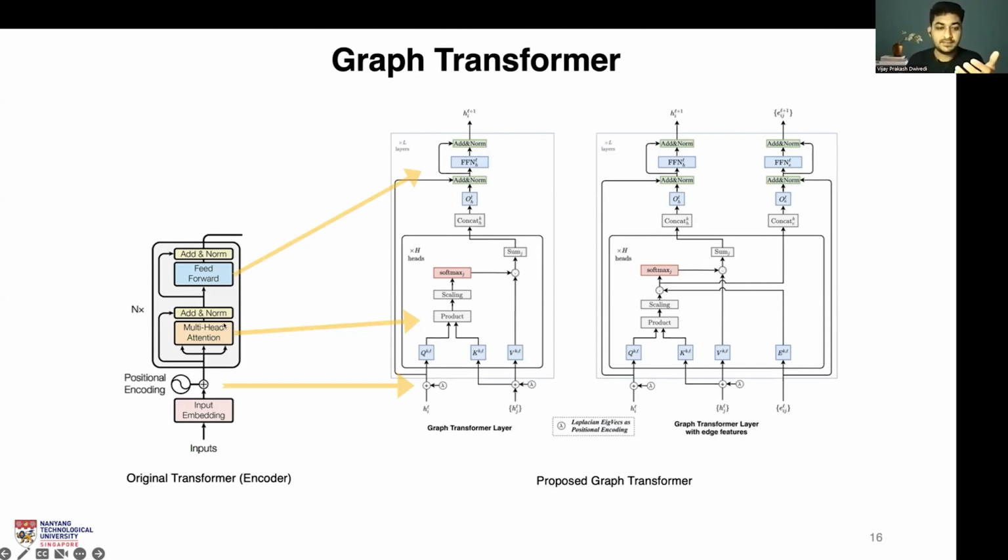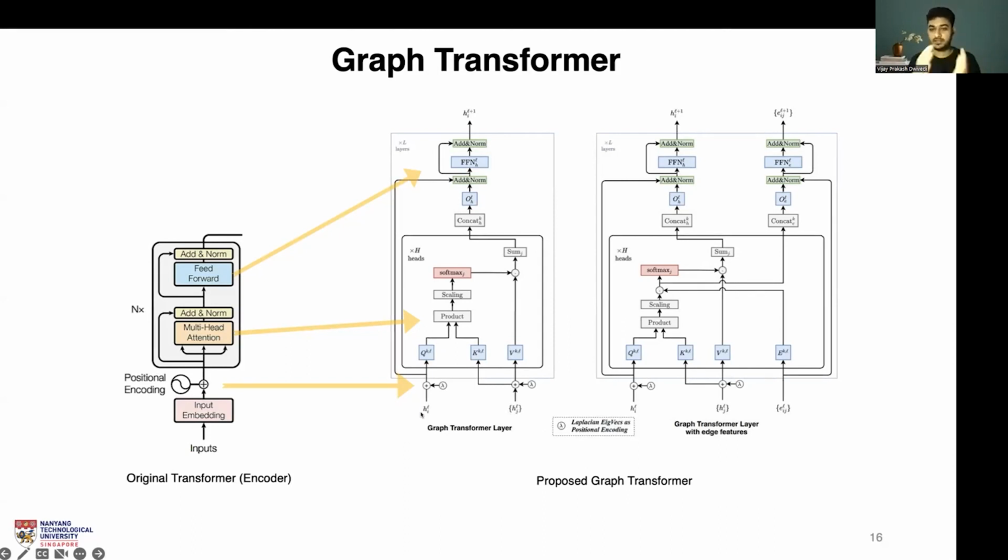And second, the multi-head attention is restricted by using graph sparsity. So for a feature update of a particular word or a particular node, it only attends to those neighbors which are connected in the first hop. This is represented by the h_j here, where j is a neighbor of a node i.